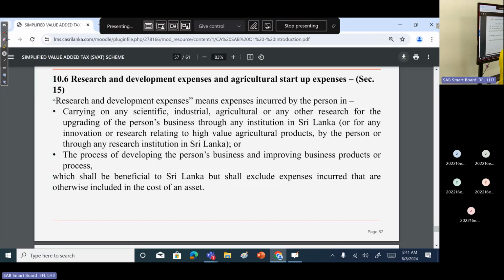The second thing is the process of developing the person's business and improving business product or process, right? Which shall be beneficial to Sri Lanka, but shall exclude expenses incurred that are otherwise included in the cost of an asset. Which says, in case of research and development, this type of activity can be done. In case of process development, that can be research, this is the development part, the process of developing the person's business, any process improvement. The cost incurred by the particular person can be deducted. It should be into the business or the product, both, or process aspect, product,